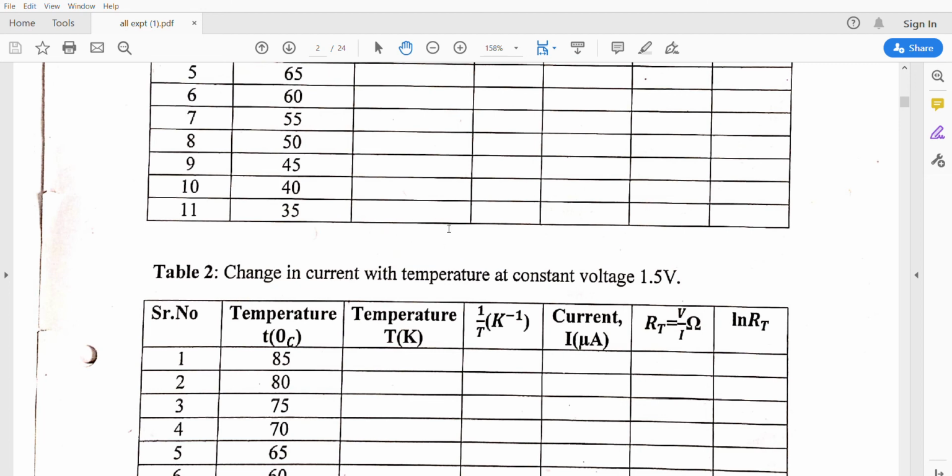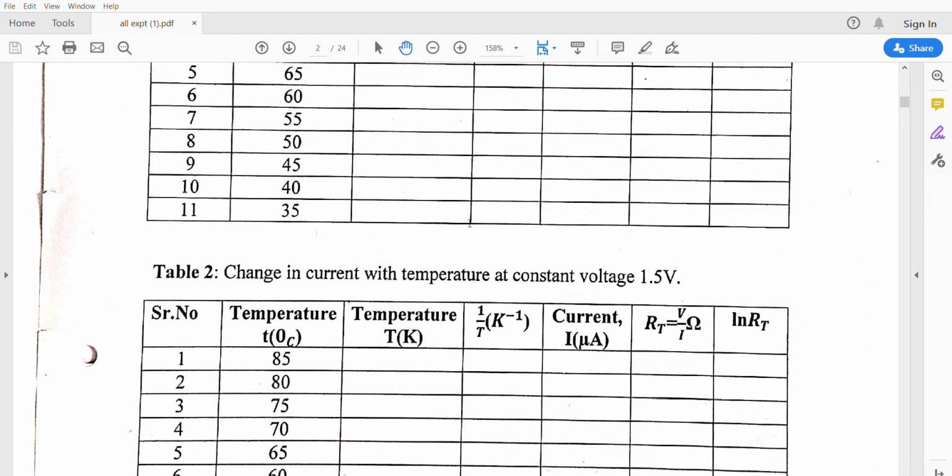Readings of the micrometer should be taken when the temperature is decreasing. So ammeter readings when the temperature is decreasing are very important. While the temperature is decreasing, it will take a lot of time. The temperature easily decreases till 50 degrees centigrade, but after 50 degrees centigrade it will take 1 to 1.5 hours.